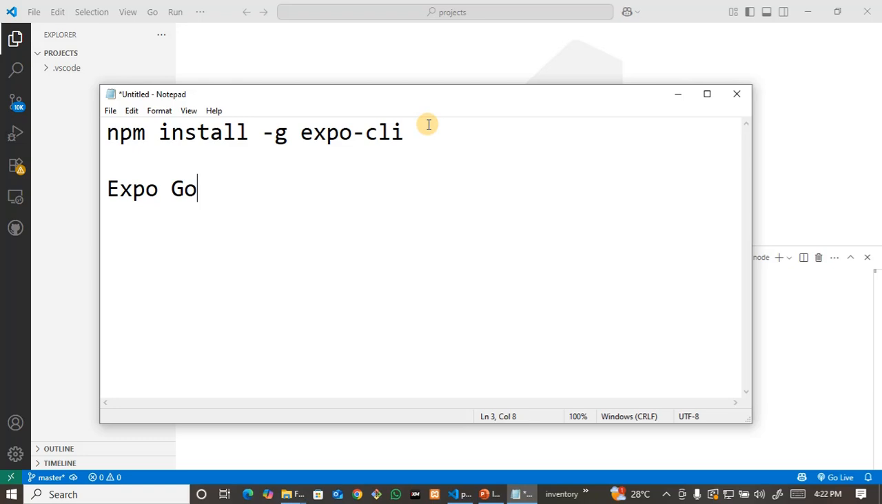So in the next section, we'll install a mobile app project, and then we'll see how to install Expo Go app on our mobile phone so that we can use it to view the progress of our work as we code the mobile app